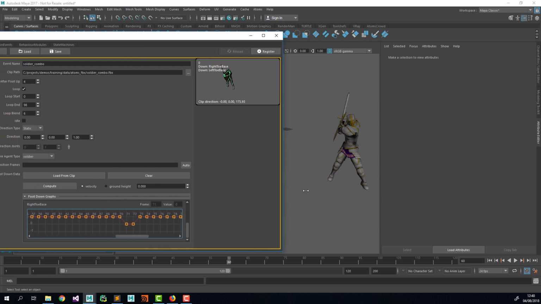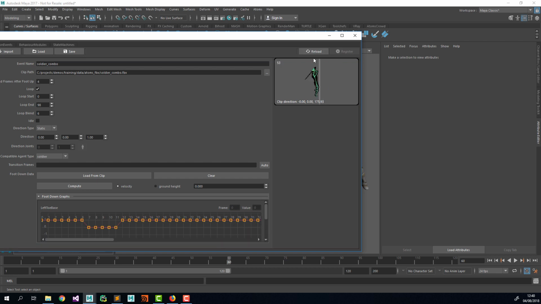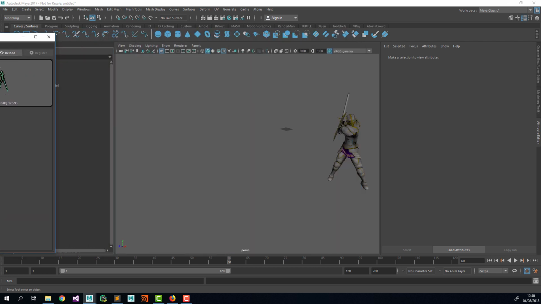Sorry, let's make this a bit bigger because I need to see it. Okay, 73. Yeah, it's already at the last position at 73. So this probably is gonna be good. So let's see. We just changed the left foot, I think. Is the left foot? Oh, no, sorry, we just changed the right foot, sorry. Yeah, much better now. Of course, we won't get any foot lock here, but we don't need it because the